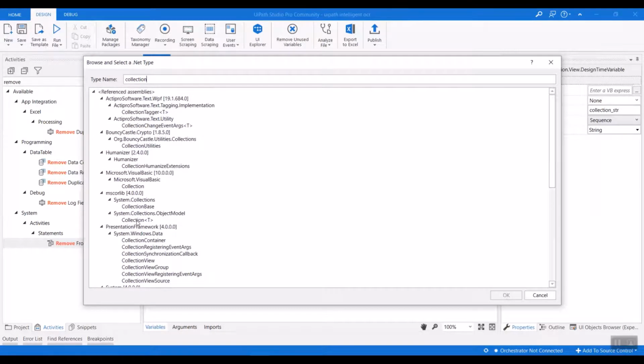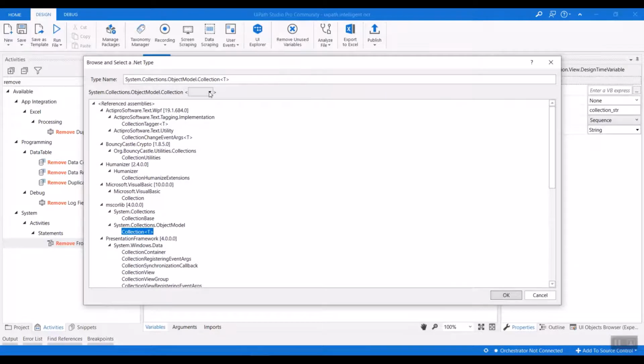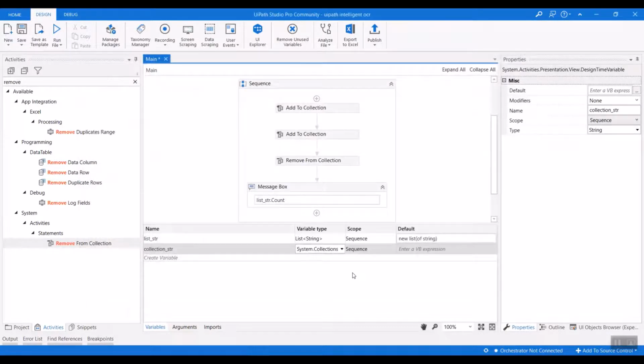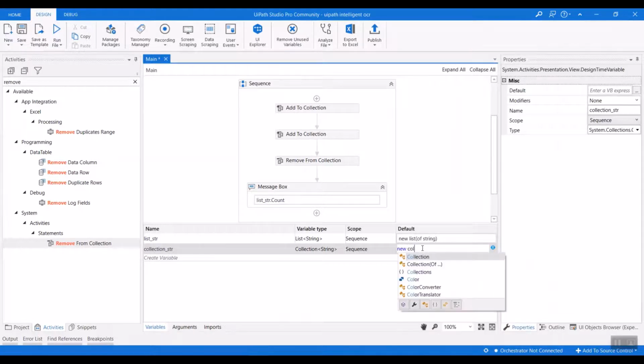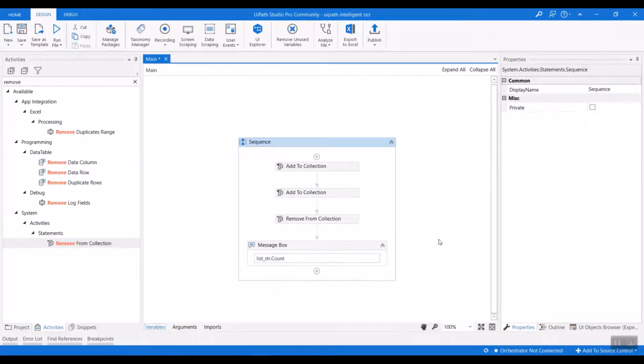Yeah, it is here. So it is the collection of string. Always declare the collection and string before using it. So it's a new collection of string. Fine, it's created. So this is how we have to create the collection or list.